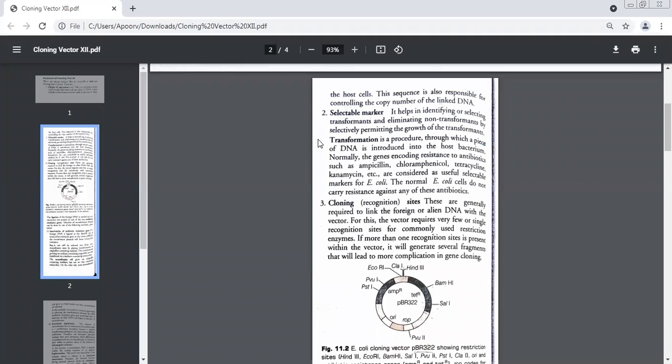Supposing I took two host cells and I inserted a gene in both of them. In one host cell, the gene has entered and it is showing its effect. The other is not showing. So the first one, in which the gene has successfully entered and showing its effect, will be known as a transformant. If you remember yesterday, I talked about a gene which produces an enzyme. What was the name of the gene? lacZ. And which enzyme was it producing? Beta-galactosidase.